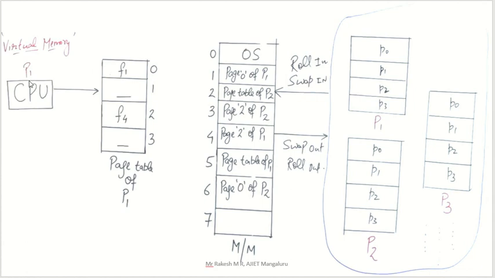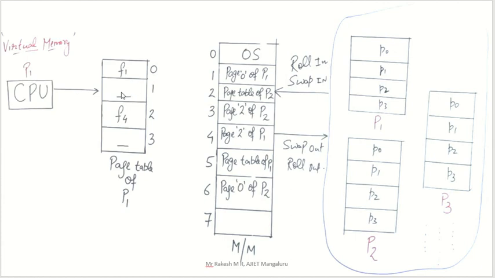So what do you mean by page fault? We have another concept, page fault. The CPU asks for a particular page number, and that is searched in the page table, but that entry is not there. That means that page is not there in memory. So at that time the OS's job is to take that page from secondary memory to primary memory. This concept is called page fault. So if there is a page, that is a page hit. If there is no page in the page table, that is called a page fault.